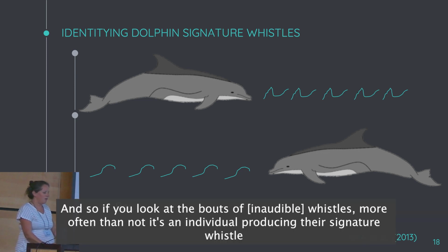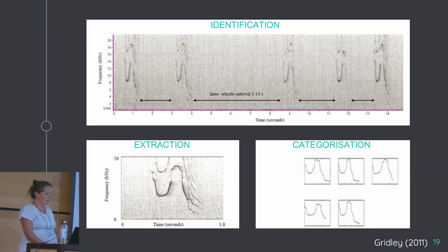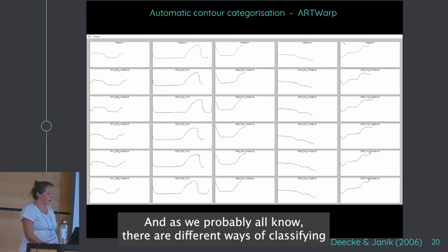And so if you look at these bouts of stereotyped whistles, more often than not, it's an individual producing their signature whistle as they move around the environment, and particularly for mums and calves. So we can identify them in long-term recordings using this bout analysis approach. And as we probably all know, there's different ways of